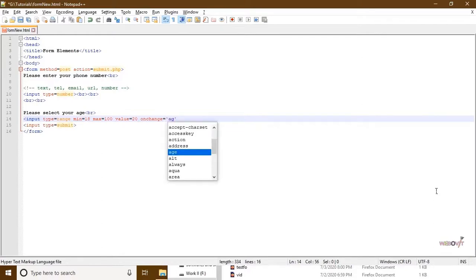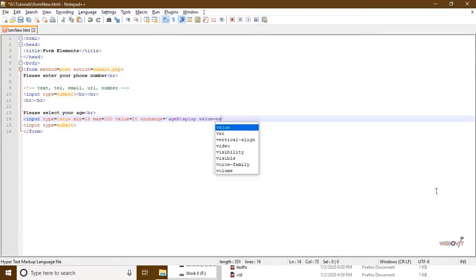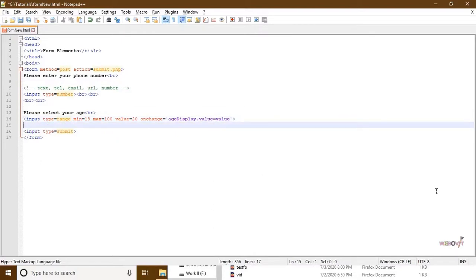And this one I am going to explain. First I will write ageDisplay. ageDisplay is the section where we will display the value of the age selected by the user. Value is equal to value. Okay. And now for this range selector we have to make an output where we are going to display the value of the input selected by the user.